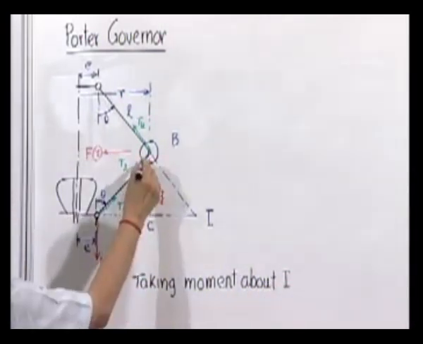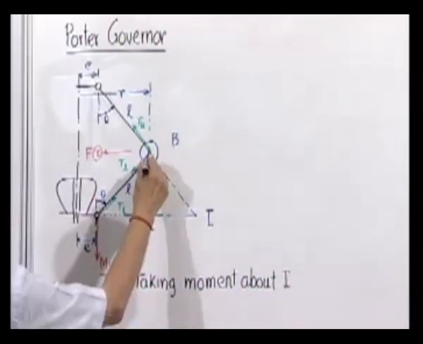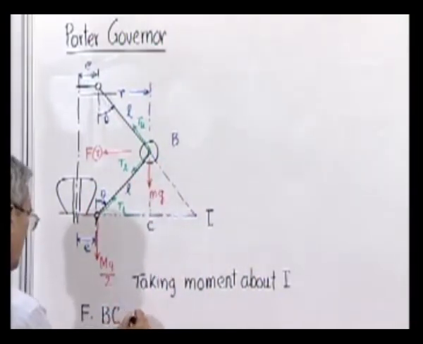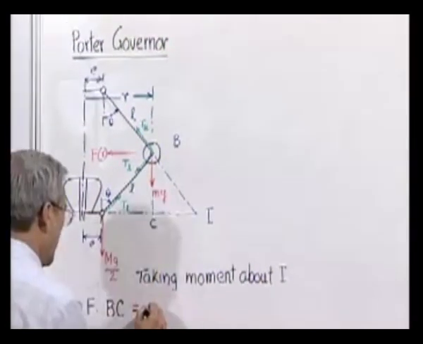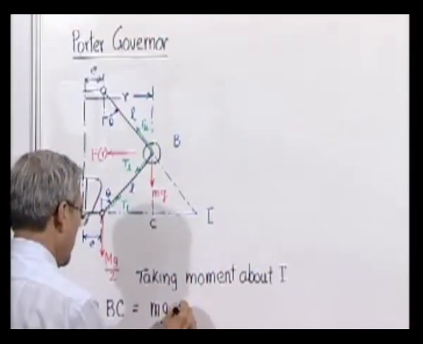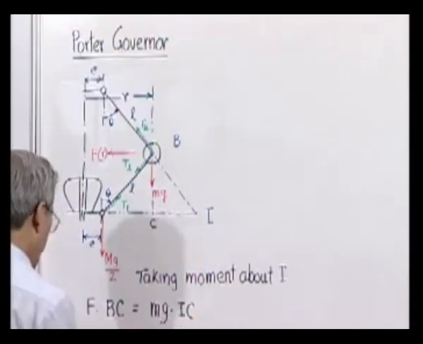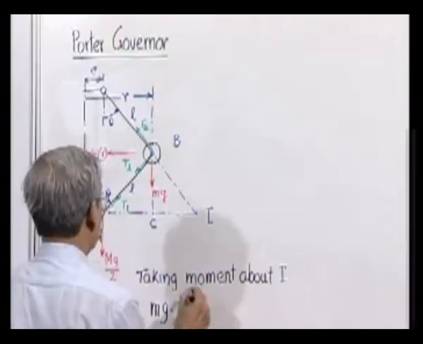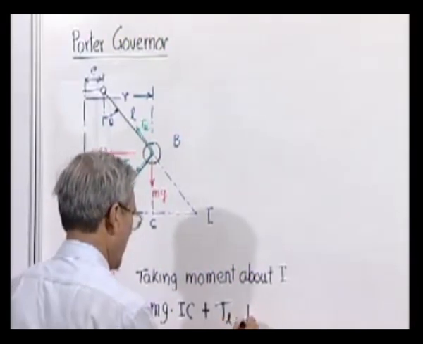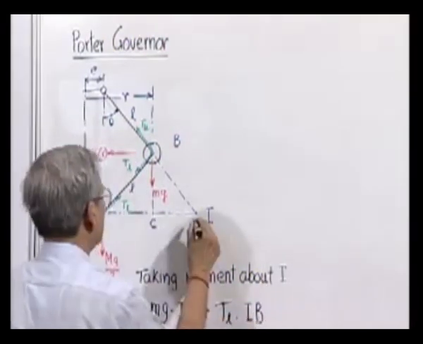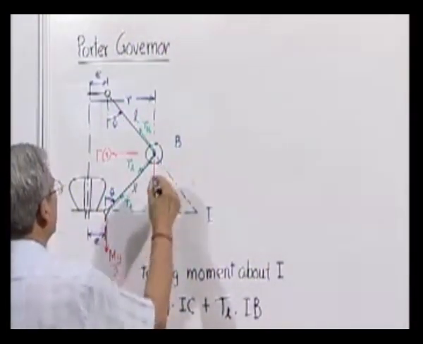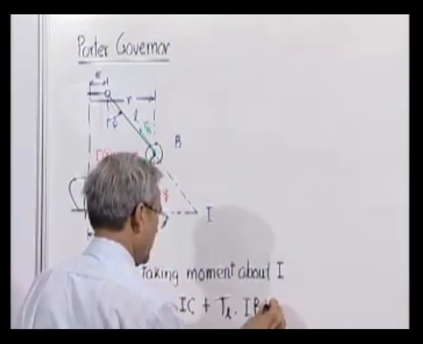F into BC, the perpendicular distance, will be equal to mg. How to find out this? Mg is the force here, and moment about this will be IC plus TL into IB. This is IB, and this is theta, this is theta, that means this angle is 2 theta, so it will be